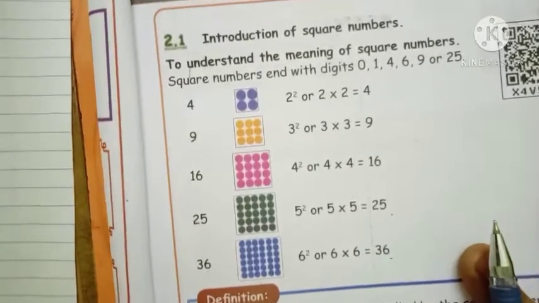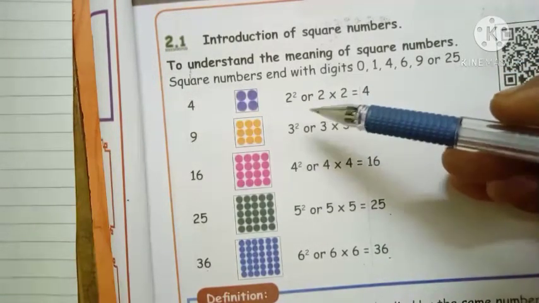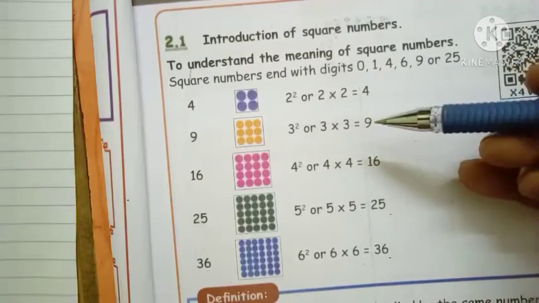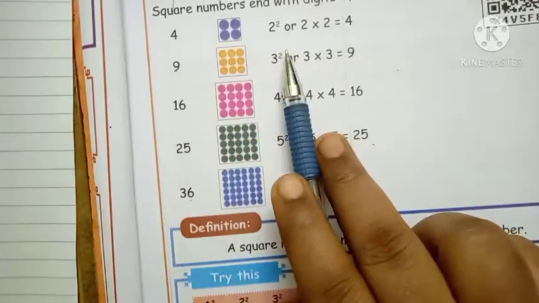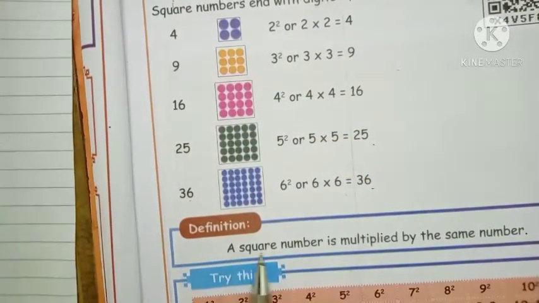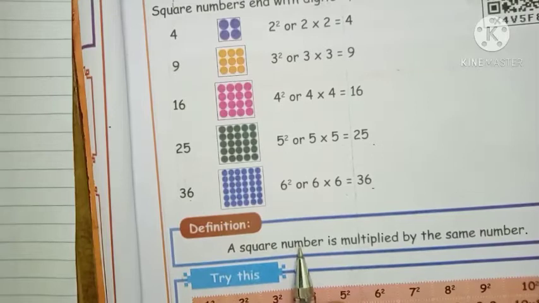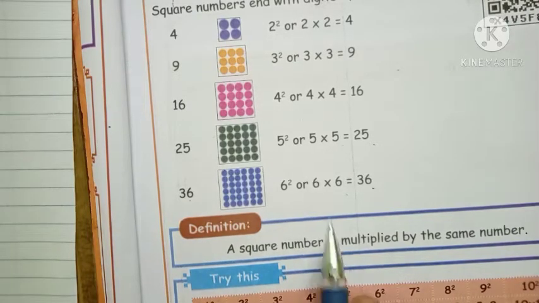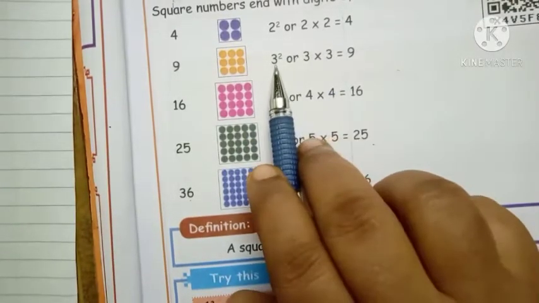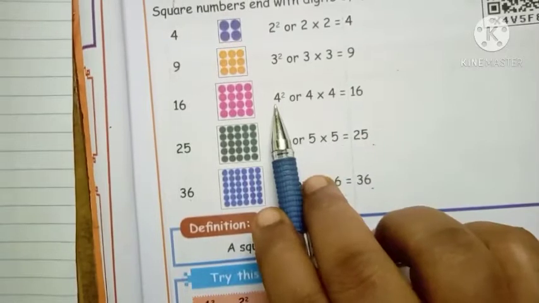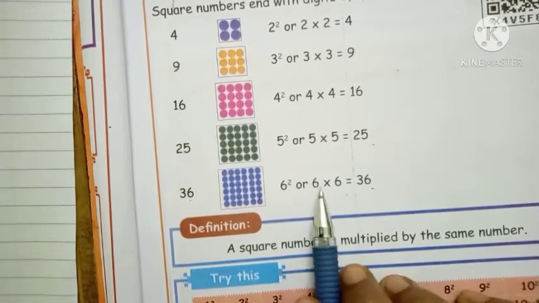So this is called a square number. Here an image is given to you to identify. How to get these numbers? So here use the table. Introduction of square. This is the method to use to do the sums. So here write the definition. A square number is a number multiplied by the same number. Here use 2. So again use 2 multiply 2. 3, 3 multiply 3. 4, 4 multiply 4. 5, 5 multiply 5. 6, 6 multiply 6.